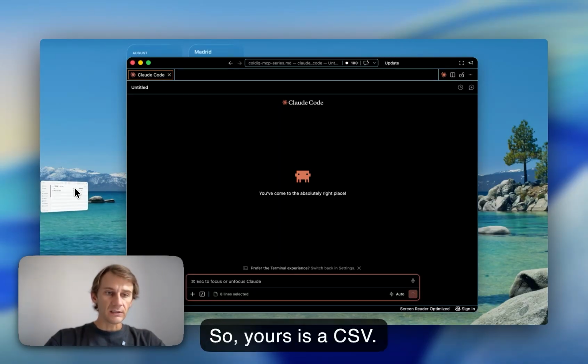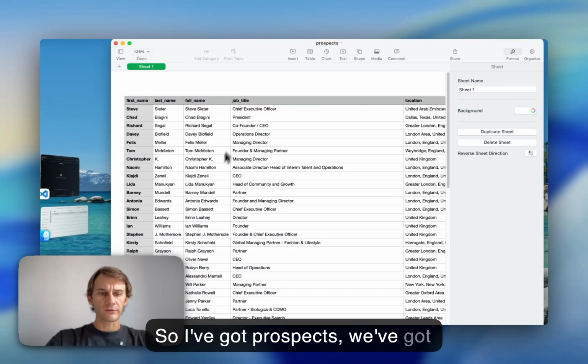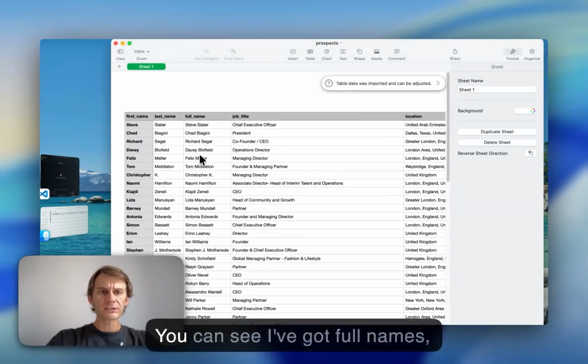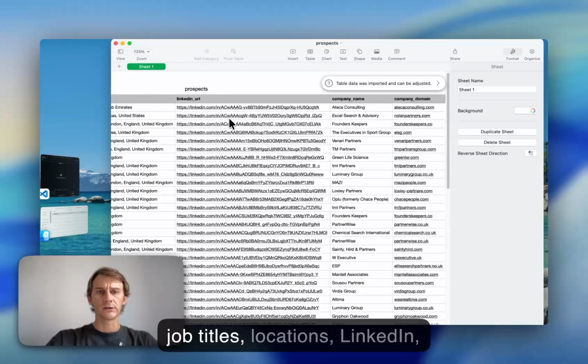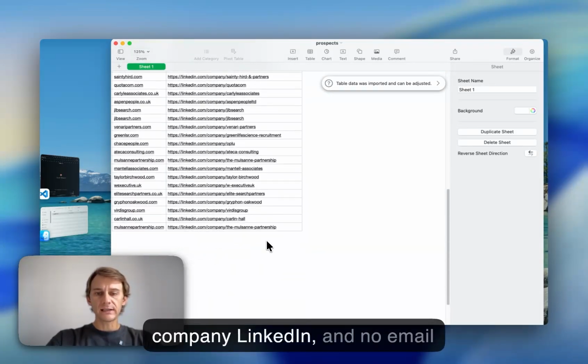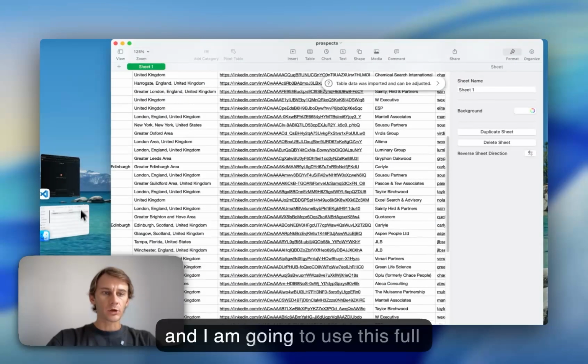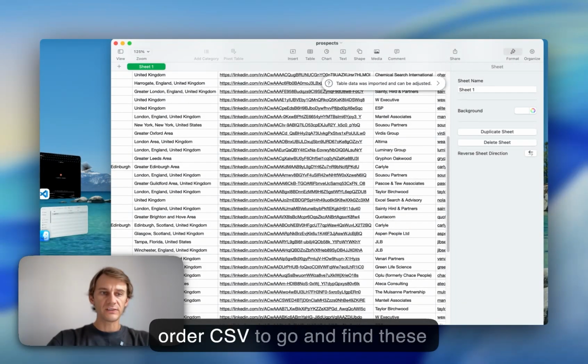So here's a CSV. I'm going to show you. I've prepared this for us. So I've got prospects. We've got 50 people in here. You can see I've got full names, job titles, locations, LinkedIn URL, company name, domain, company LinkedIn, and no email addresses. I'm going to use Wispr Flow, and I am going to use the CSV to go and